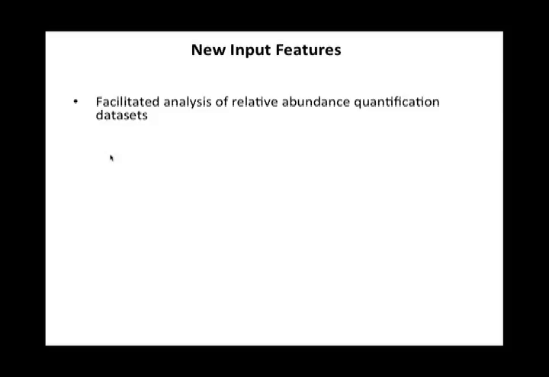Some of the new organisms that were added: we were already allowing the analysis of human, rat, and mouse with PSEA-Quant, and now we have added Drosophila melanogaster, or fly, and yeast, Saccharomyces cerevisiae, based on user feedback. So we constantly listen. We have a good pool of users, and they do not hesitate to ask if the analysis can be performed on a certain organism. And so we've been adding these in order to cater to their needs.